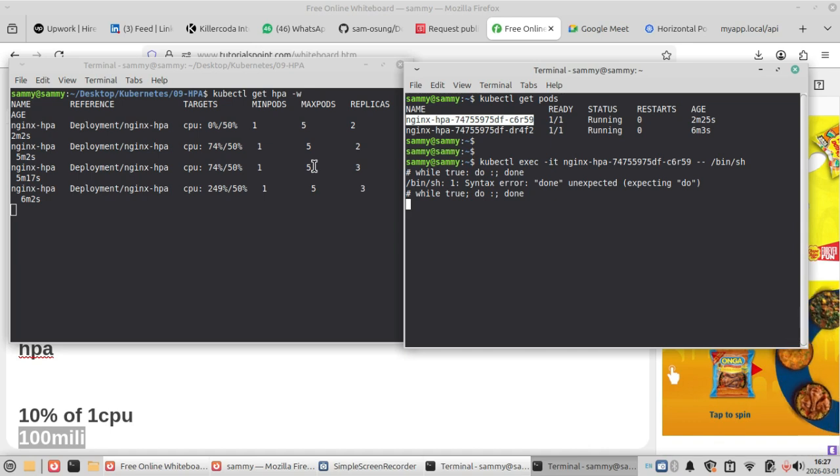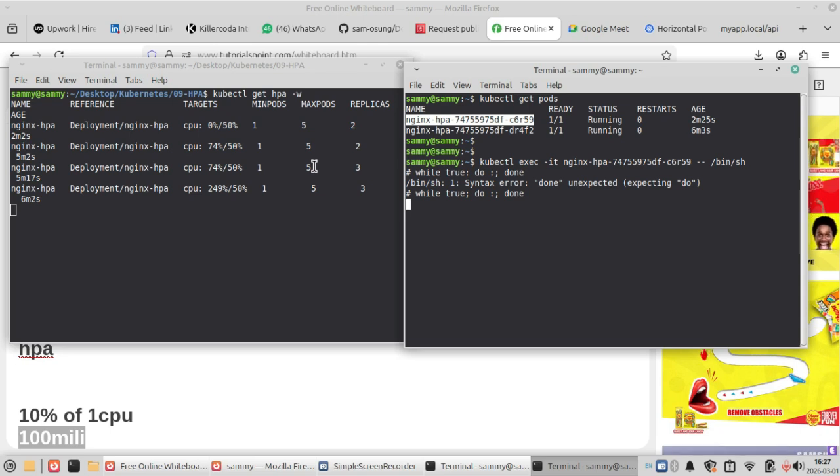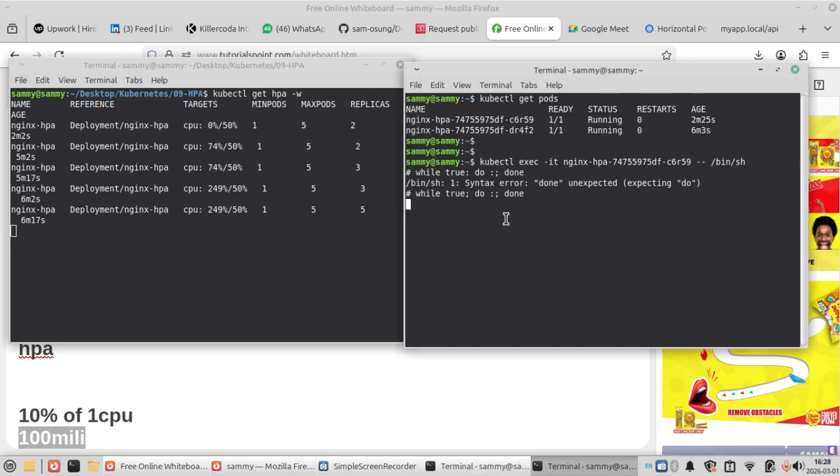All right. So now I'm going to stop this operation and we are going to see how HPA is going to scale down. So we have our maximum pods at 5. Yes, our current replica is running at 5. All right. So if I break this,